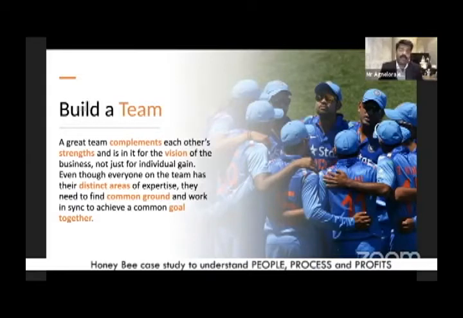Purposely, I've shown you a cricket team. In the cricket team, somebody's a bowler, somebody's a batsman, somebody's an all-rounder, somebody's a good wicket keeper, somebody's a good fielder, but every person plays a role. One catch caught on the boundary by a person who's not a great batsman can change the tables. One batsman on the last ball hitting a six can give you a victory. One wicket keeper who takes the most difficult, unimaginable catch can win the match. So we need to recognize the significance of every role that gets played.